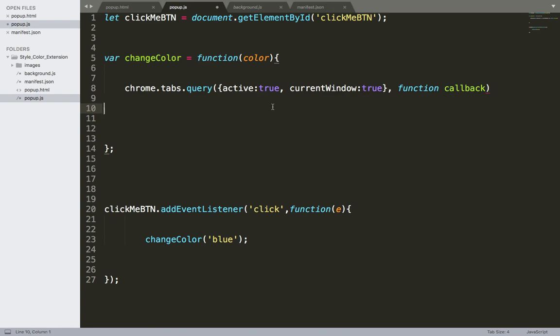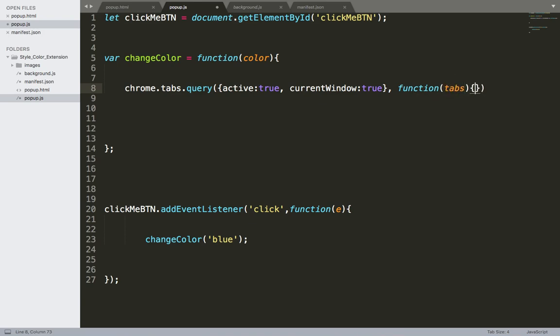So we are basically telling Chrome that the conditions are: the tab is active, and the tab is in our current window. And the callback function is a function that will be executed if these conditions are met,